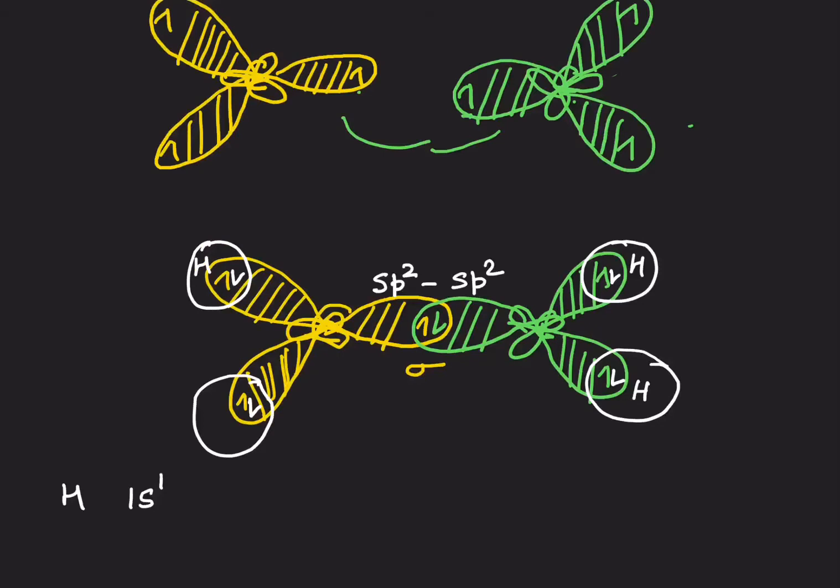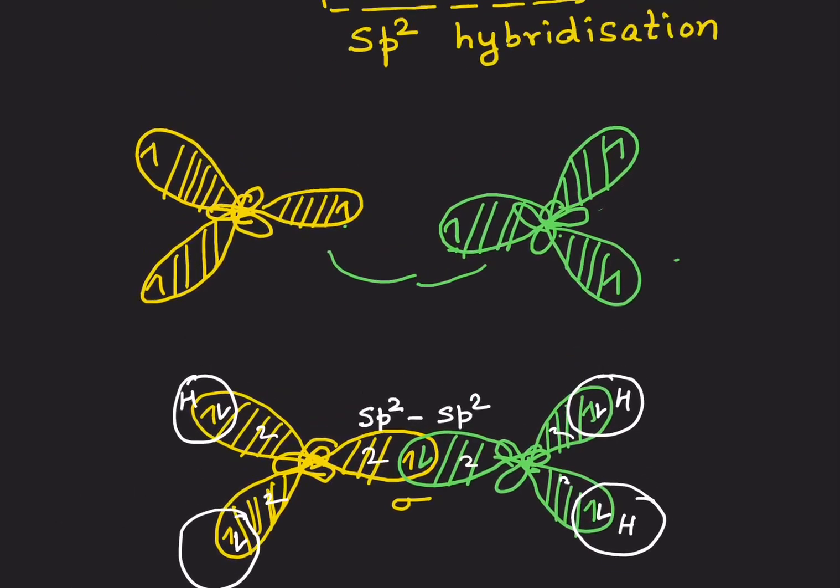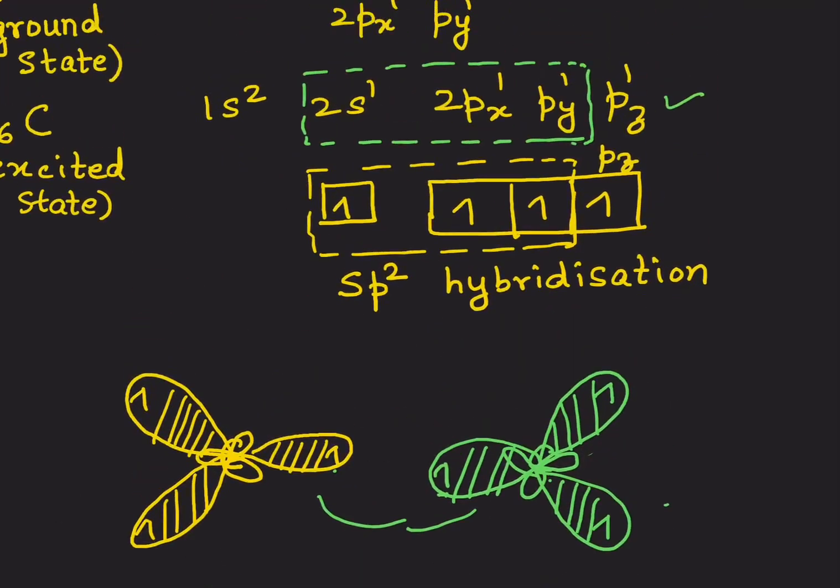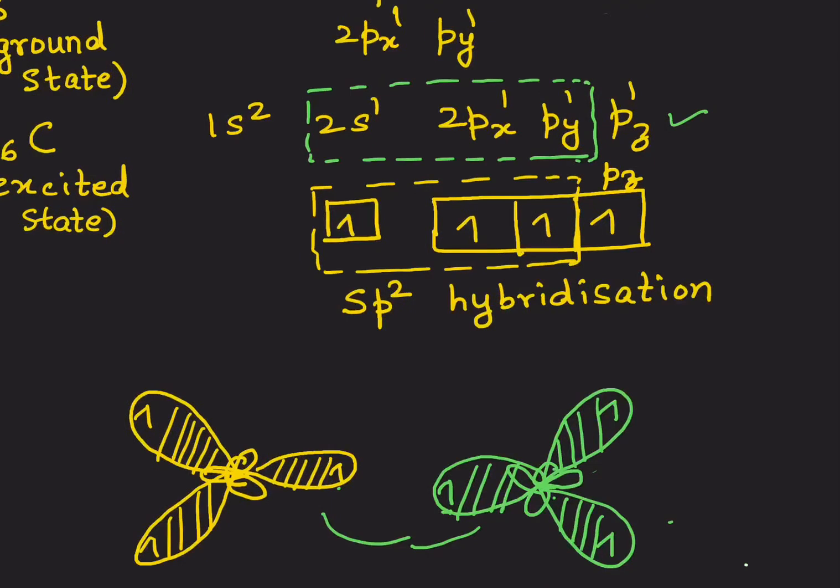Perfect. But is the octet complete as yet? No, it's not. You see, there are two electrons here, two here, two here, 2, 2, 2. So, we've got 6 over here in the valence shell. So, each of the carbons still needs 2 electrons. So, how are we going to fill up that? Now, here comes the bored student.